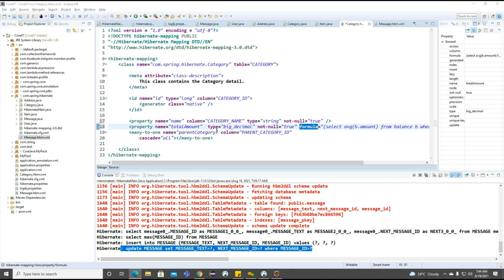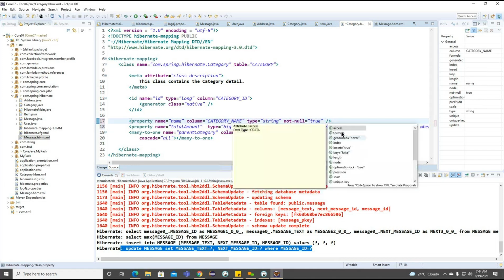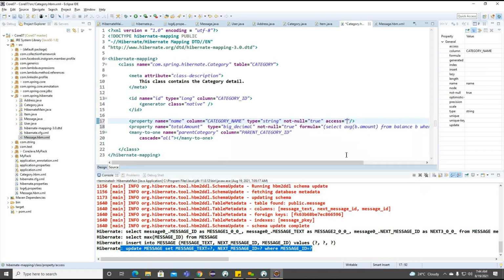For example, we have the column called category name, and here we have access. What is the default one? The default one works on the property, which is the name of the property we defined. Based on setter injection and getter injection, the value is injected into the column called category name.